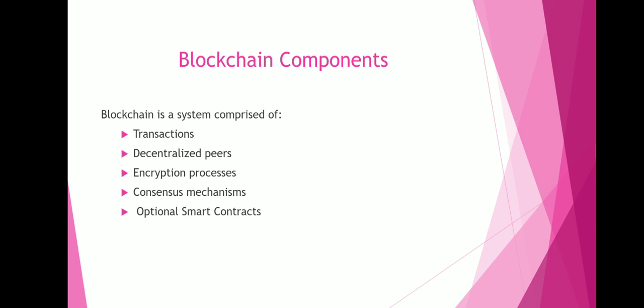Next we have smart contracts. In the case of Hyperledger, blockchain is not only for cryptocurrencies. Here we can write a computer program or a computer protocol to perform some functionality, which can later be deployed into the blockchain network. That is called a smart contract. A smart contract is nothing but an agreement between two or more parties. They define some rules or conditions, and based on that the program will work. It can be deployed in the blockchain, and it cannot be changed in the later stages, it is immutable. So these are some components in blockchain technology.